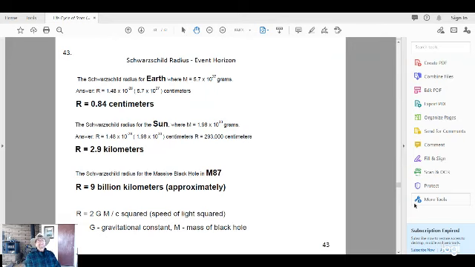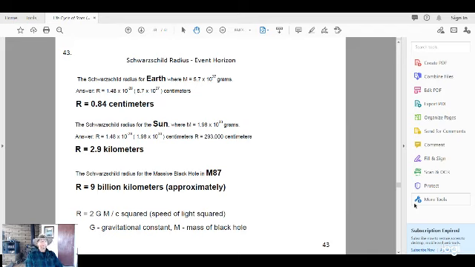This is if anything was crushed down. Schwarzschild radius is the radius of the event horizon. We could crush the Earth down if we could get enough power, like a supernova. The Earth would only be less than 1 centimeter in diameter. Isn't that amazing? Our sun would only be 2.9 kilometers, which is not much more than